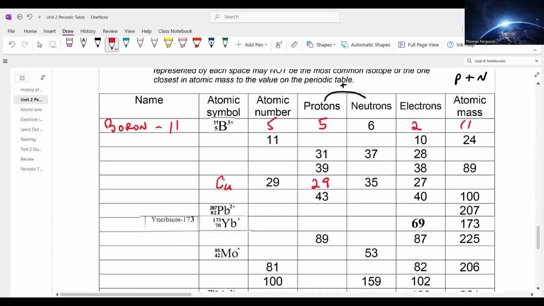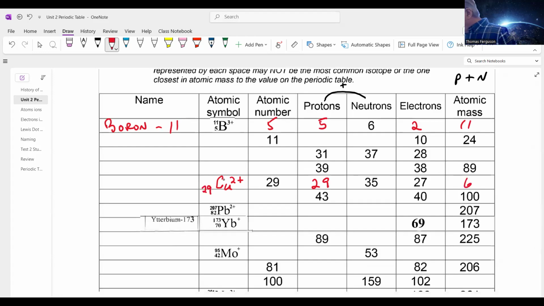Plus, by how many? 2. 29 is 2 more than 27, and it's positive. The electron count is going to be less than the protons. So charge of +2 and 29